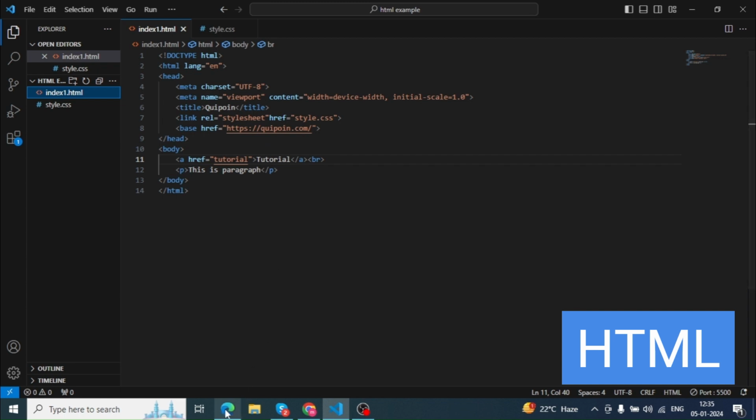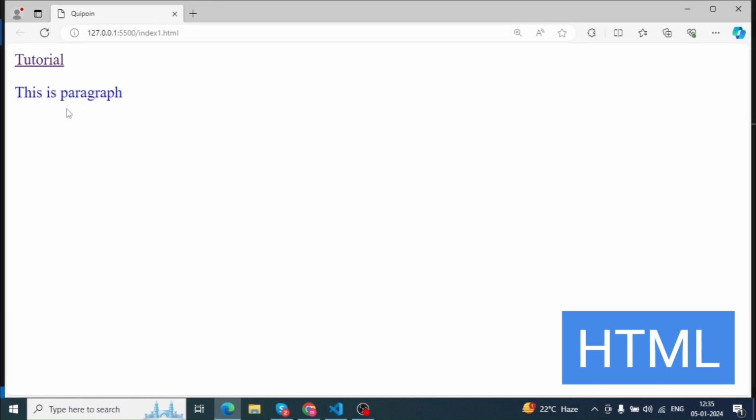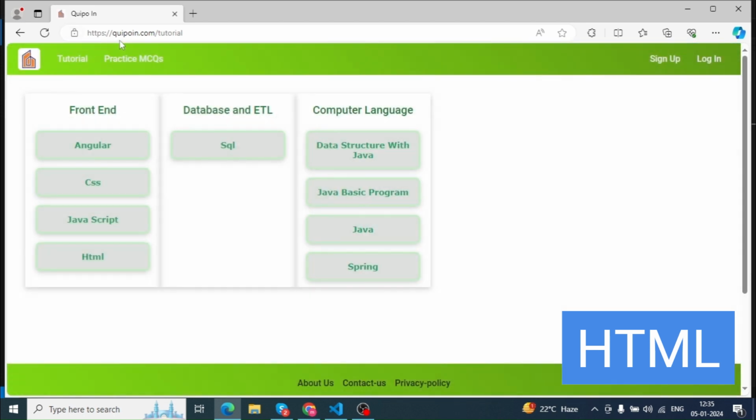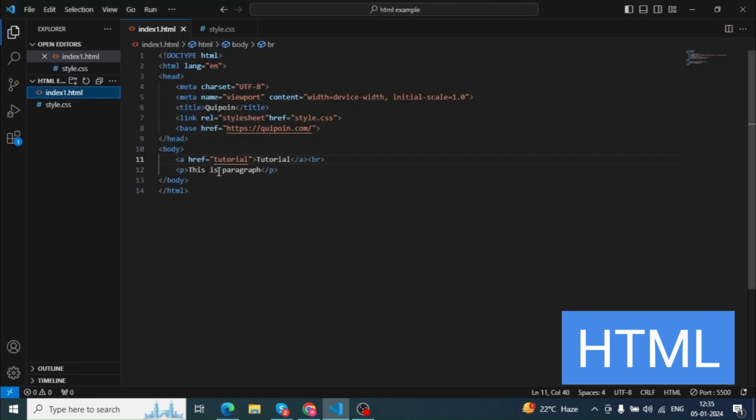Save this, open here. Now, if you click on the tutorial, it will point to this page, that is https qpoint.com. If you mention this https qpoint.com in the base URL, in the relative URL you can only mention tutorial.